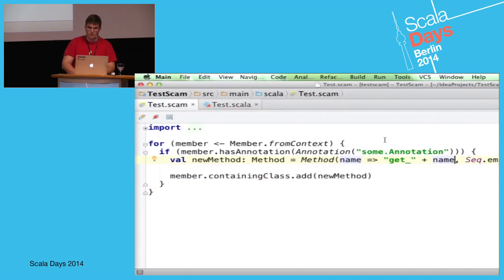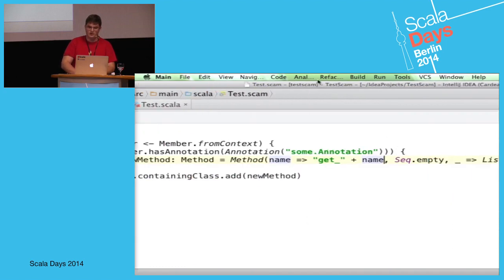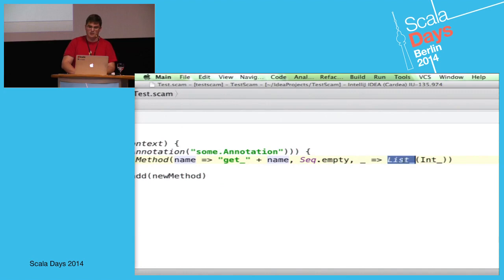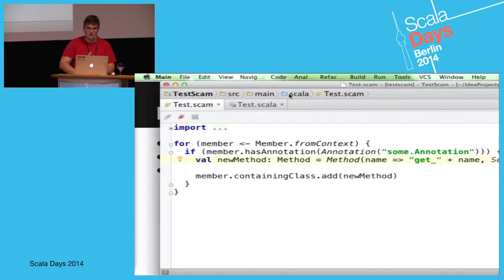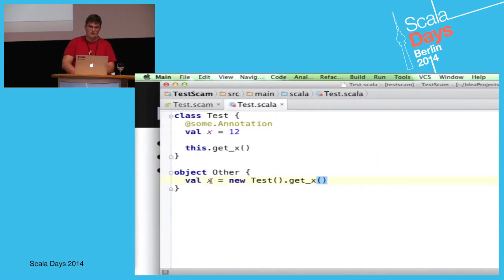Also, we added simple types in this Scala script. It's wire types, but you can see this list of int, and we can check that the type of X is exactly list of int.